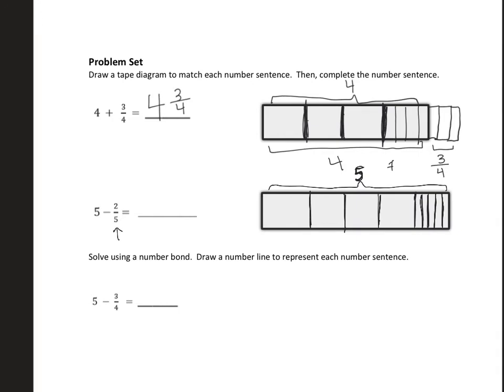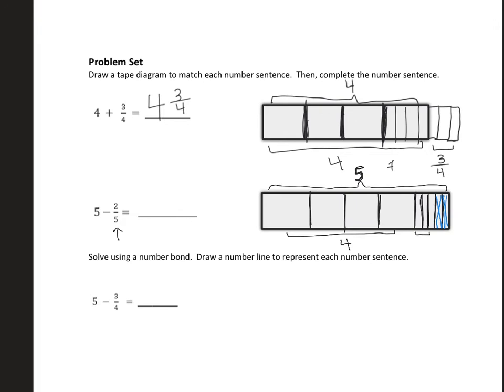Just like that, all right? And now, since I'm subtracting 2/5, I'm going to cross out 1/5 and 2/5, okay? And now I'm going to see how much I have left. So here I have 1, 2, 3, 4 holes